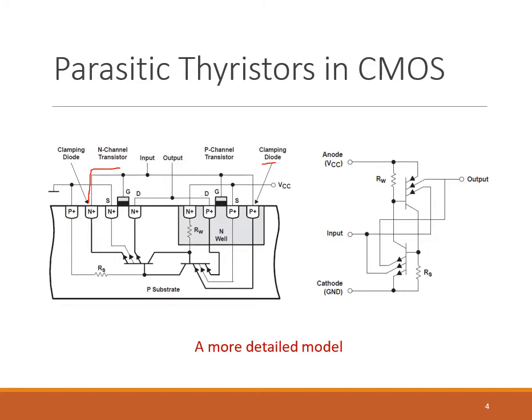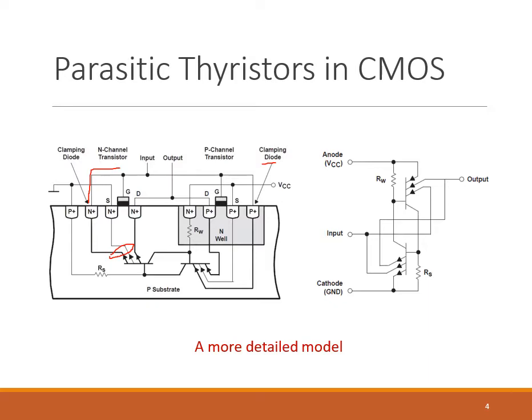You can see here there are two parasitic bipolar transistors. One is the NPN transistor and another one is the PNP transistor. These two transistors are formed due to various N+ and P+ regions within this CMOS device. Here this is the NPN transistor. Here this emitter region, N region, is formed by the source and drain of this NMOS device as well as from the cathode of this clamping diode.